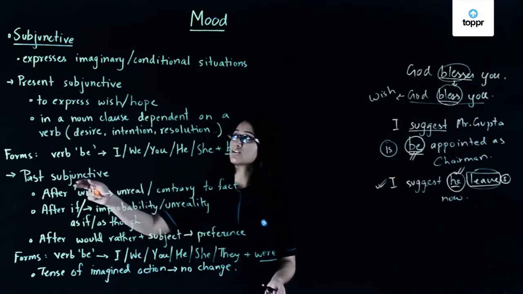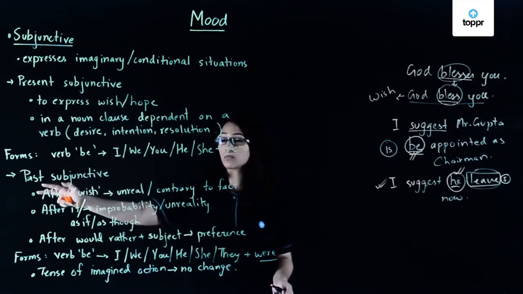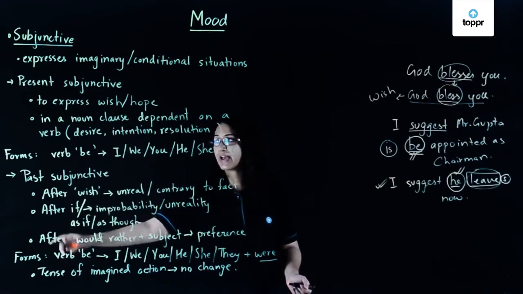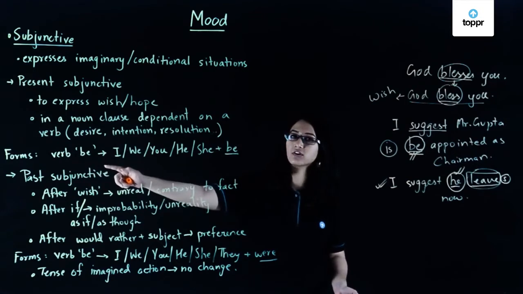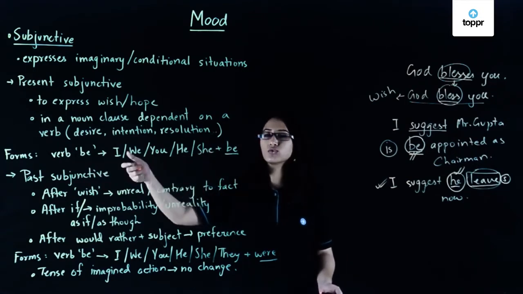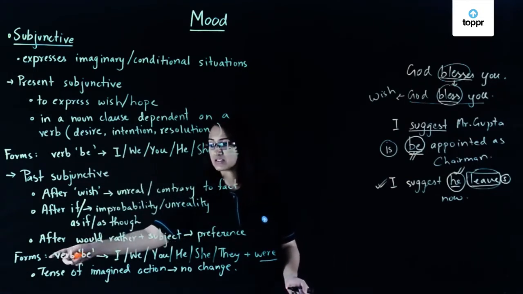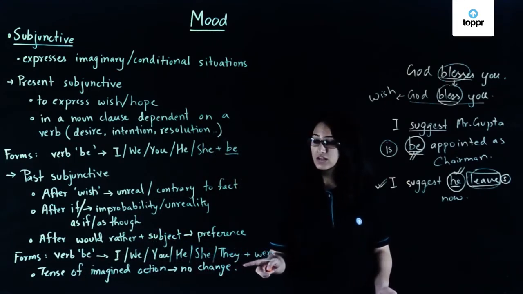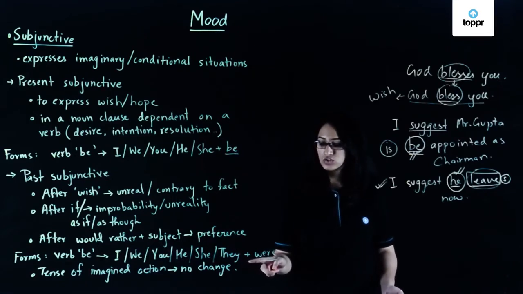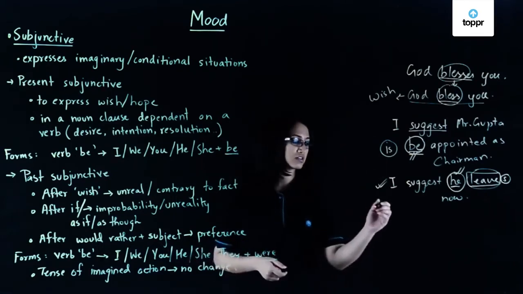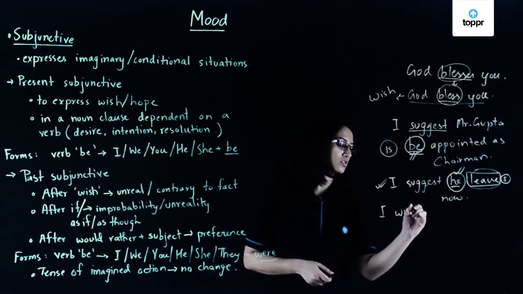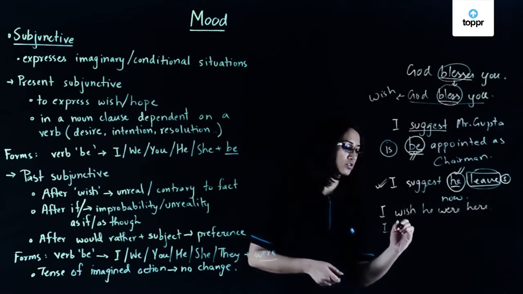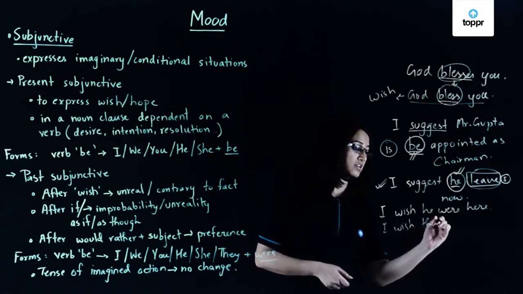So alright, we looked at your present subjunctive. Now we move on to your past subjunctive. Similarly to how we had a different form of your be verb and how you used it in the subjunctive mood in the present tense, we have the verb be, which is always turned to were in the past subjunctive mood. So if I have a sentence such as I wish he were here, or I wish they were here,